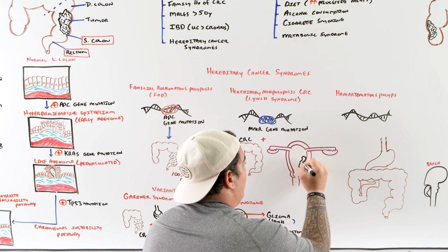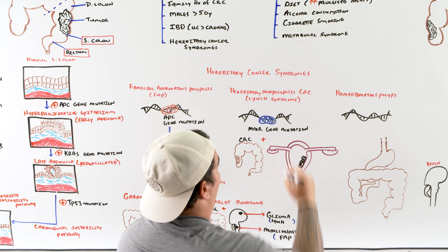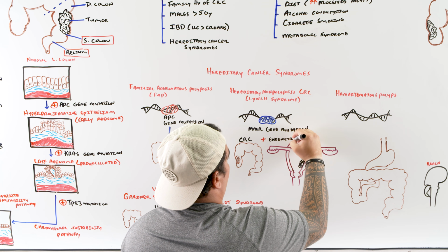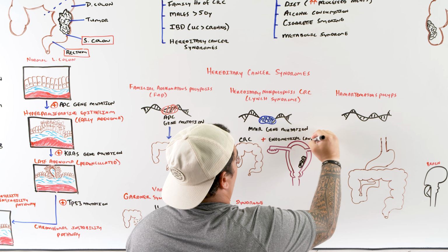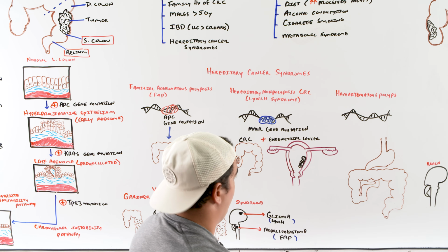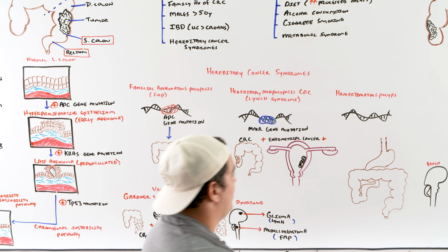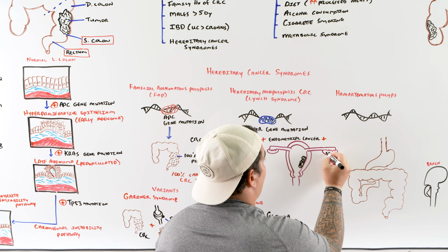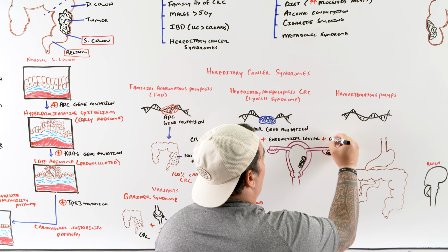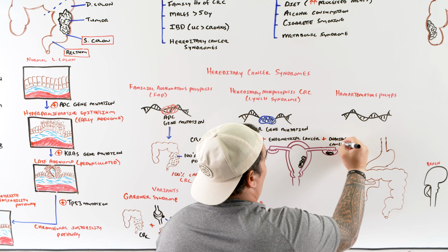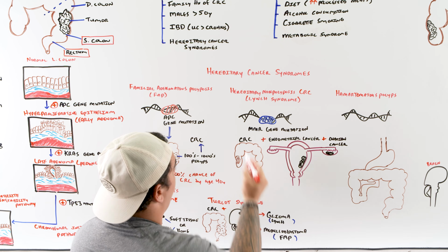So they can also get endometrial cancer because of this. So we'll add that one on, endometrial cancer. And then O, so CEO, ovarian cancer. All right, so this is one thing to remember here: these patients who have Lynch syndrome are at very high risk for specific types of cancers. And you can remember CEO,